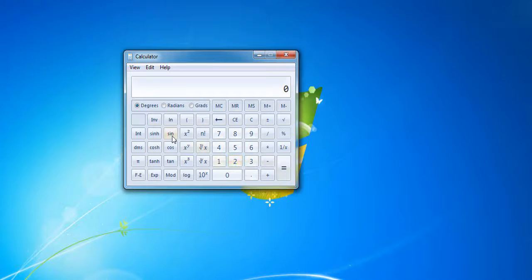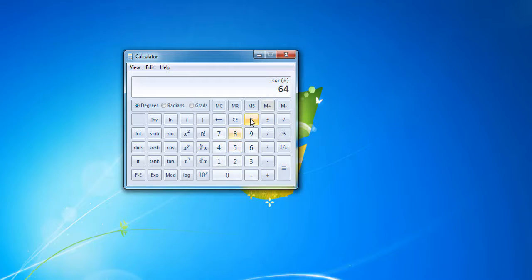See these buttons, sine, cos, tan, these are all trigonometric functions. We can also get the square of any number very easily using this mode. See, 8, then I will press this x square symbol. See, 64, which means the square of 8 is 64.